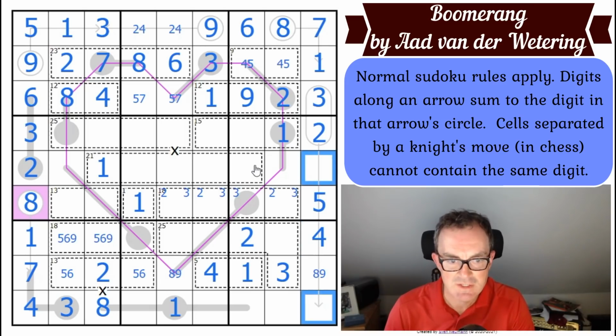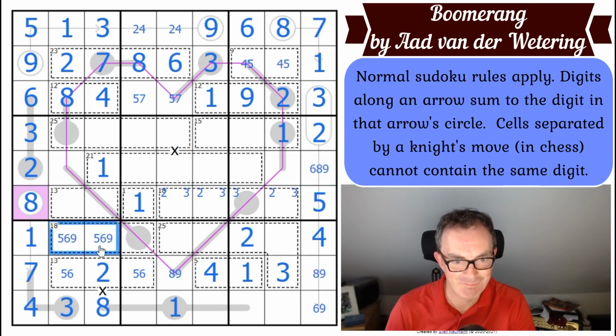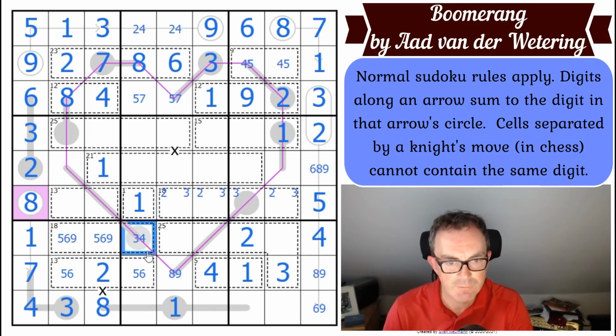Right, we need 6s, 8s, and 9s down column 9. 6, 8, and 9. That can't be 8. What else do we need? Come on. Maybe we could limit this digit because of the 18 cage, look. So, if this is a 5, there must be a 9 in here because there's no 9 there. So there's definitely a 9 and either a 6, which would, this is good. This has to be 3 or 4, depending on whether the 9 is joined by a 5 or a 6. Well, look, there's a 4 here. So that must be 3. This must be 9 and 6, which means this is a 5, this is a 6,